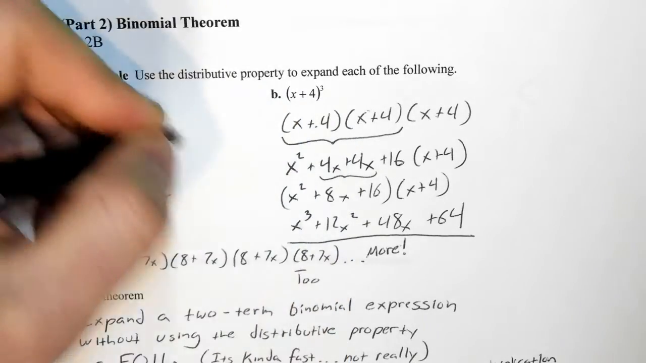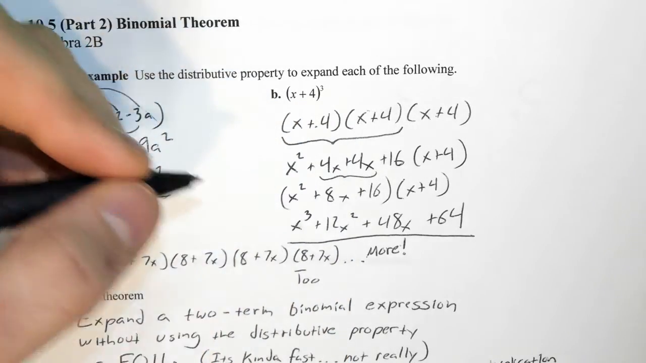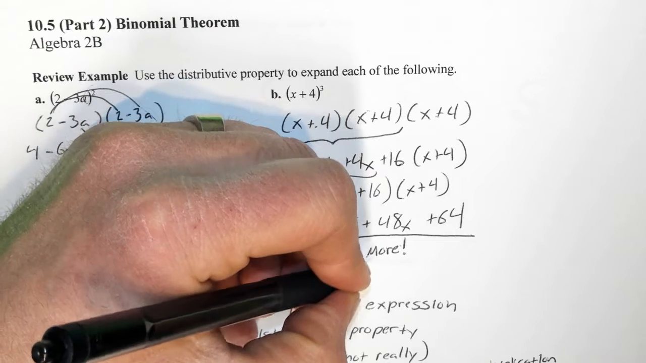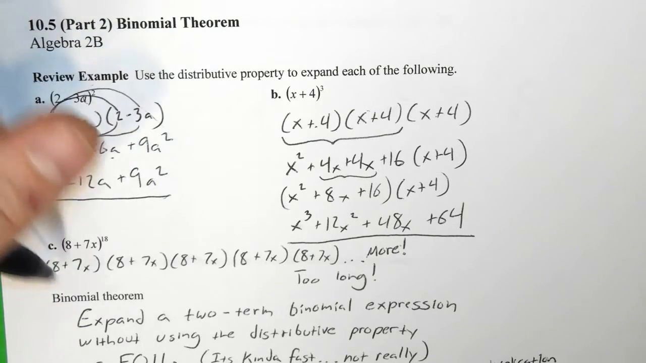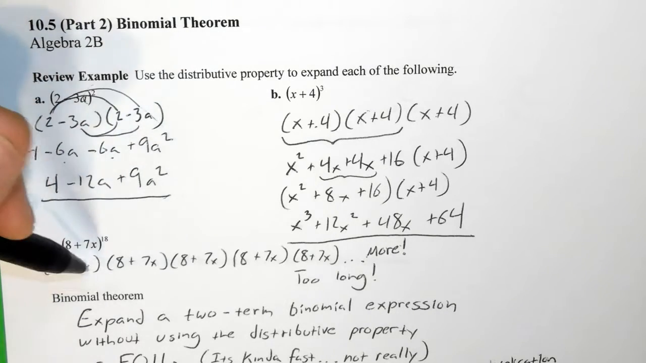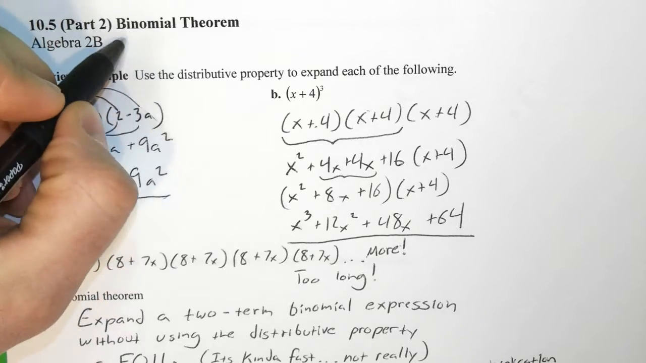I would get confused, I would make mistakes, and it's just not going to work out well for me. So I don't think I can do it that way. It would require pages and pages. So what I would love is a better technique. And the better technique to deal with a problem like this that is so big is something called the binomial